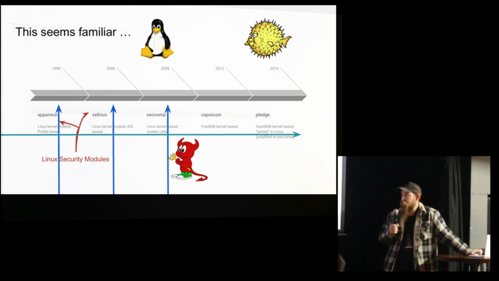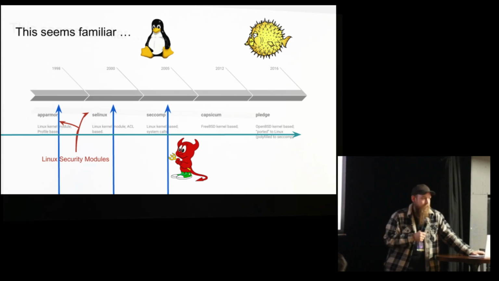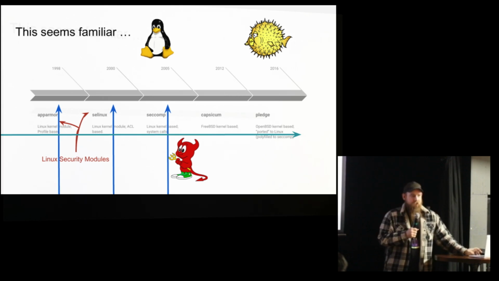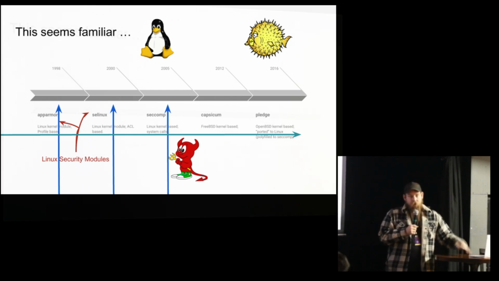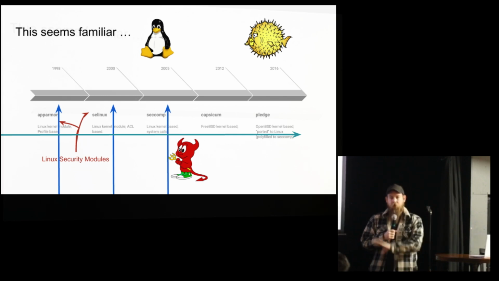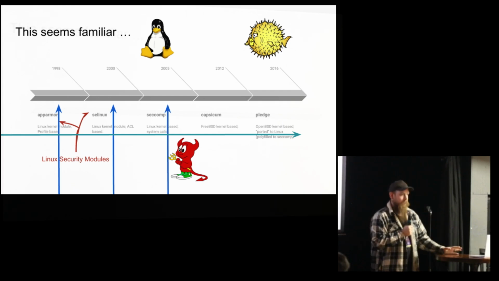Capsicum is FreeBSD's version of the same but different, is the simple way to look at that. The people who are into FreeBSD will probably know what the differences are. It is slightly different, slightly variant, but at the end of the day, it is the same shit, different pile. And Pledge, which is what this talk is about, is OpenBSD's version of the same thing. Again, I'm making overly generalized statements. It's not exactly true, but it's true enough that you can have a conversation in a pub, and it'll be accurate.